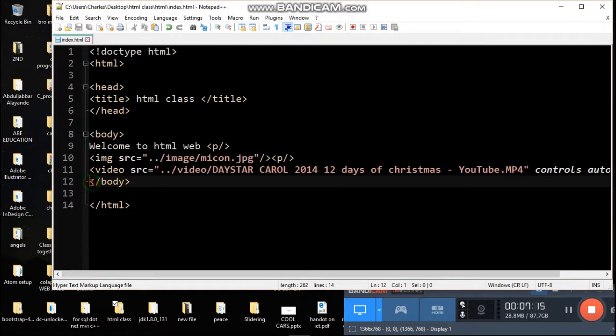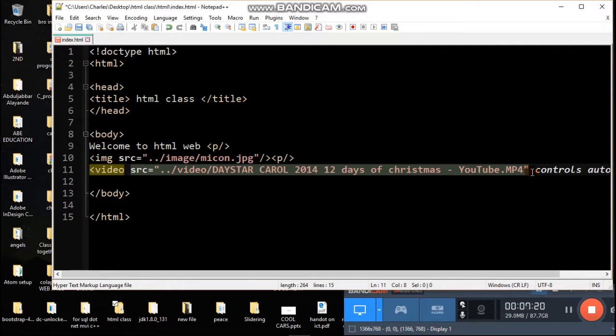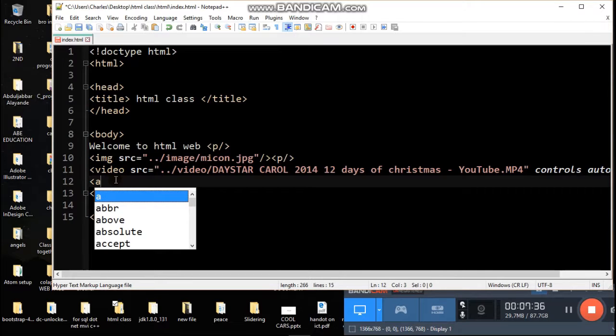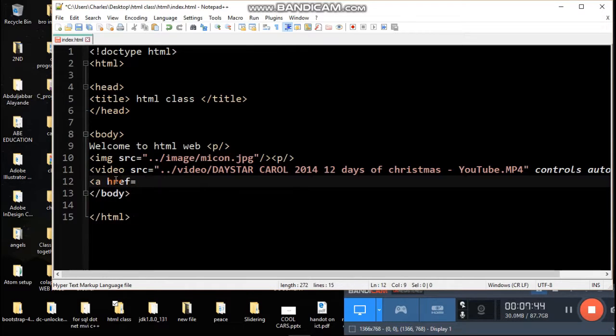So already we have our PDF document in the browser, right? So what we need to do here is come down here under the video and actually put our angular bracket again. Now because it's the PDF document, we're going to use a space href, which is your link. Href is equal to double quotation mark, still period, escape sequence, backward slash. So I'll copy the direction of the video. So I'll go back to my file,